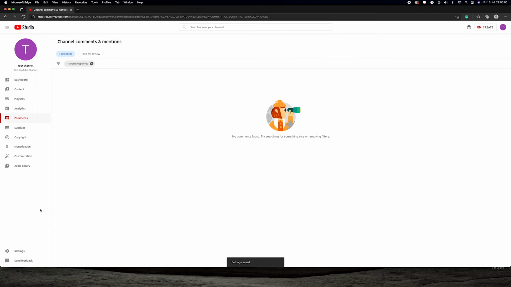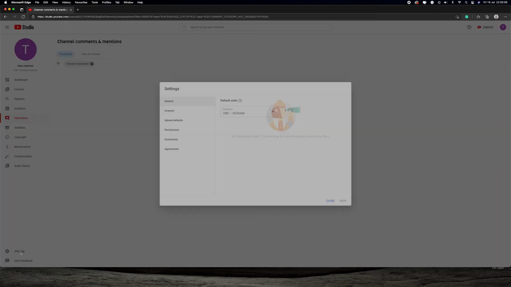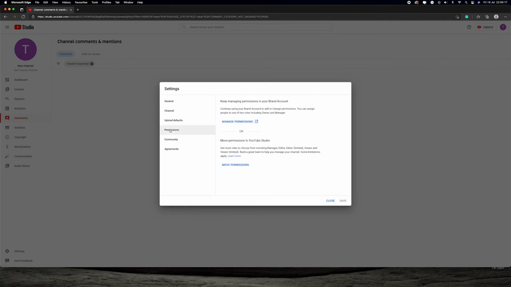Now the other thing that I want to tell in the settings page is, we'll go back and access the setting page again. If you want to add more managers to your account, you can do that here also, wherein you can go to this option called permissions. You have this page wherein it will give you option to go ahead and add more managers or more people to manage your particular YouTube account. So there are two ways of doing it. If you click on manage permission, it will take you to the same page which you saw some time back, wherein the person whom we had invited, we went ahead and invited to access our YouTube page. That particular page will open up.